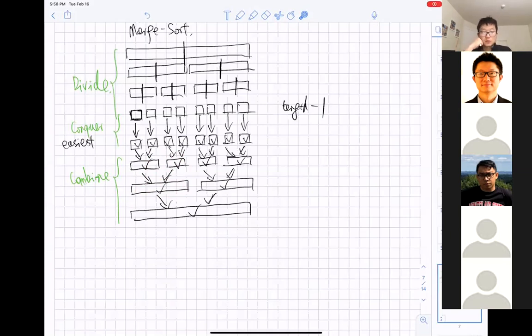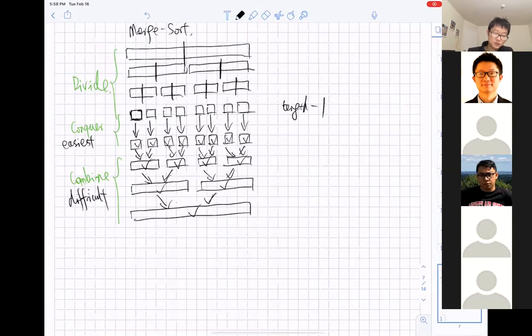So out of these three steps, which one is the most difficult? Combining. Yes, this is the most difficult one.